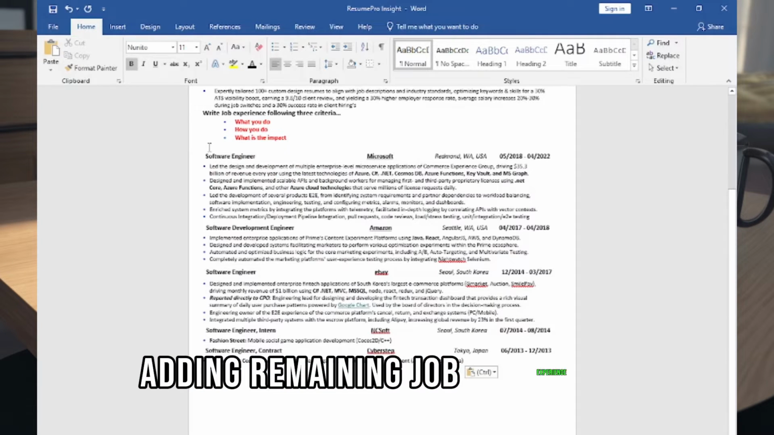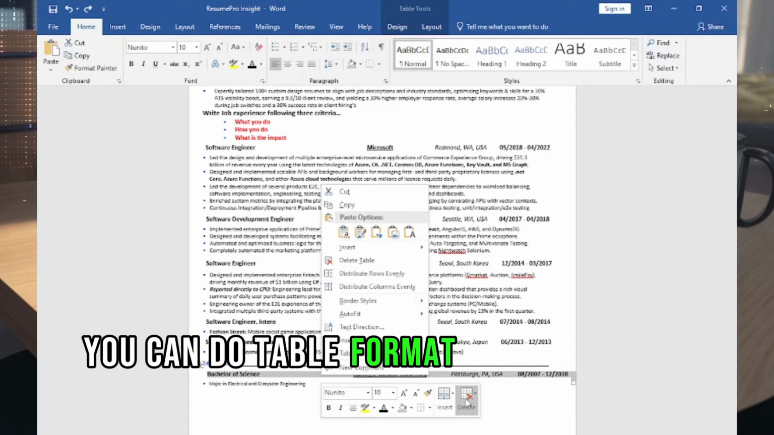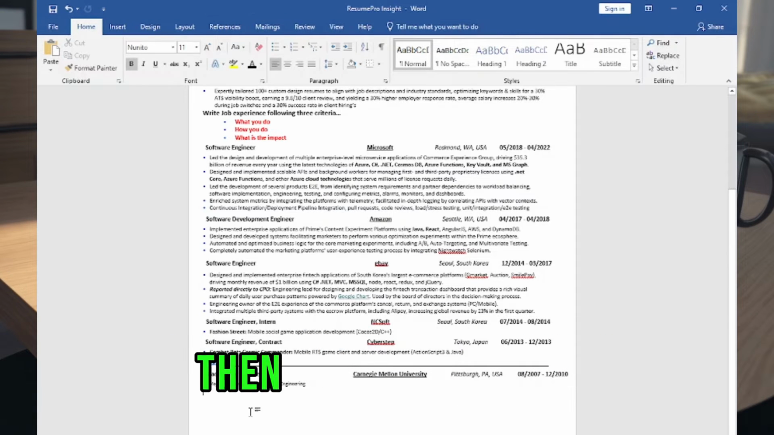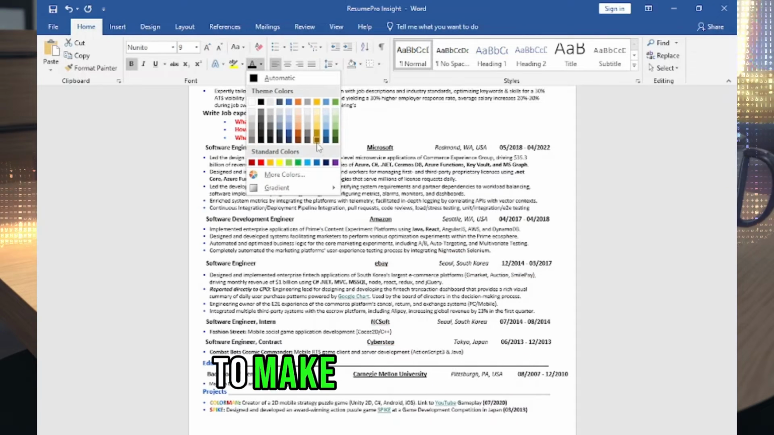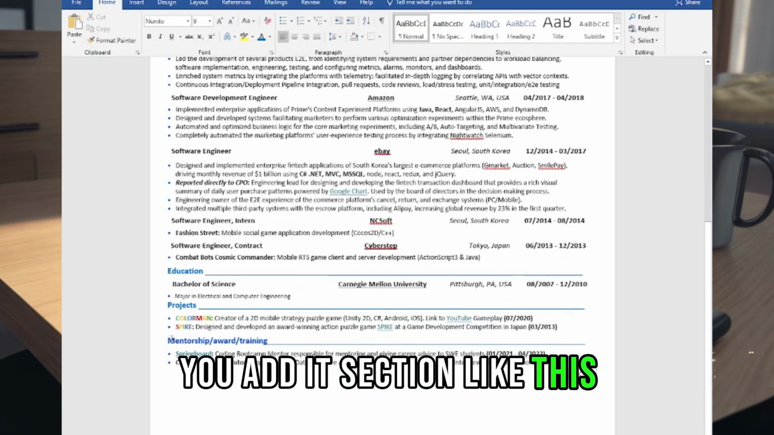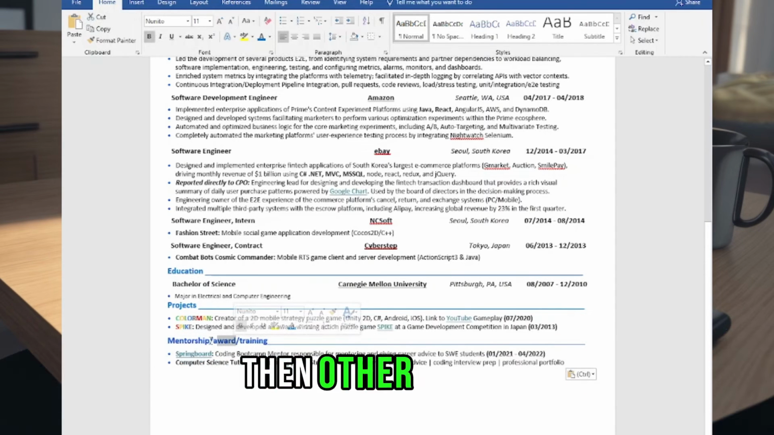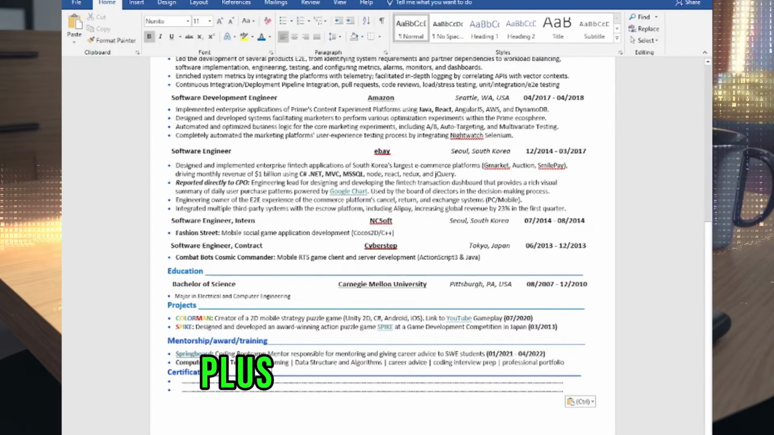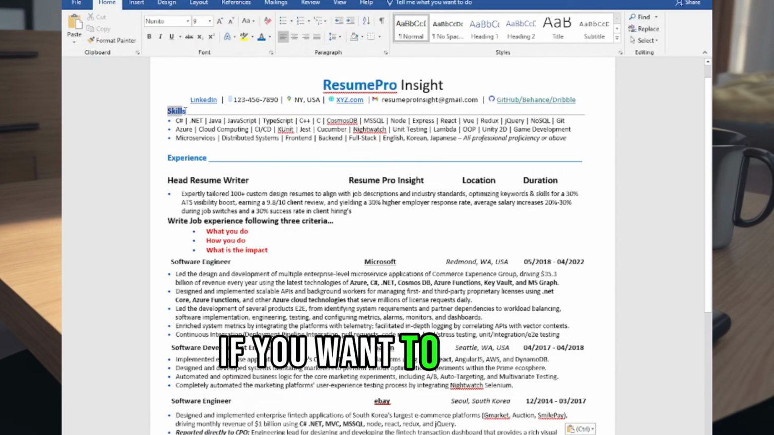Adding remaining job experience. Then adding the education section. You can do table format or remove the table. Then adding the project. If you add a project, color it like this to make it more unique. Adding this section, you add it like this. If you have experience, plus are looking for a leadership role, then other sections, like awards, etc. Then certification, plus interlink the topic you want to check for validity. Then adjust. If you want to adjust something,